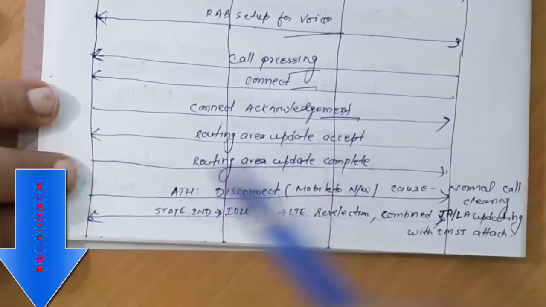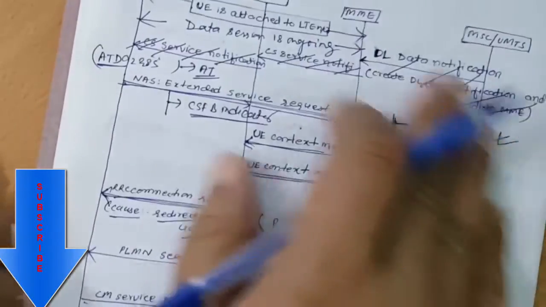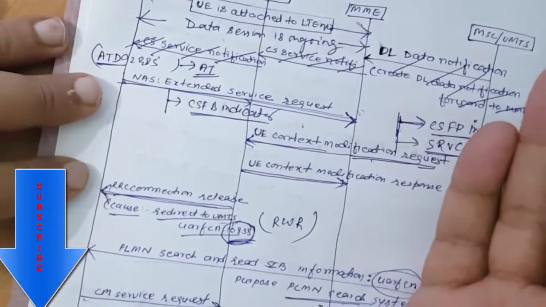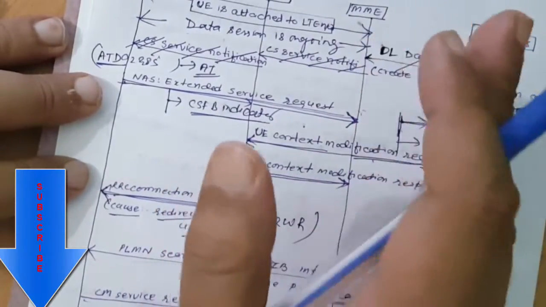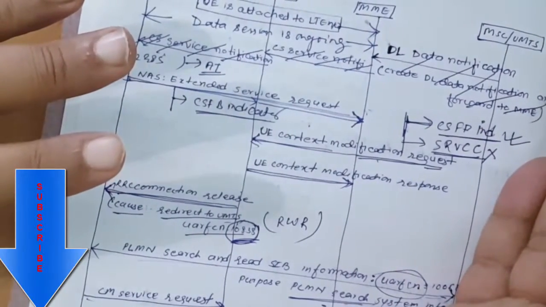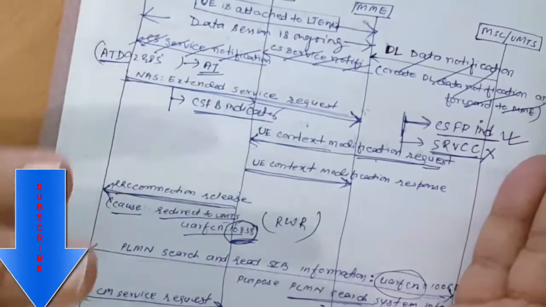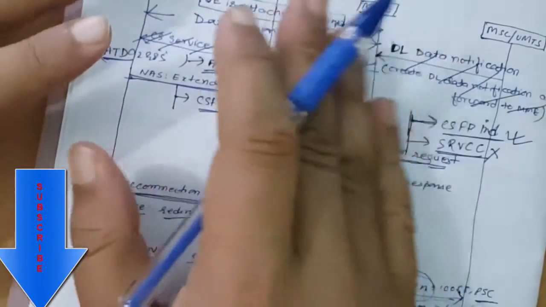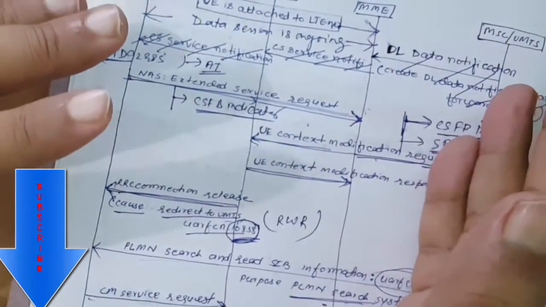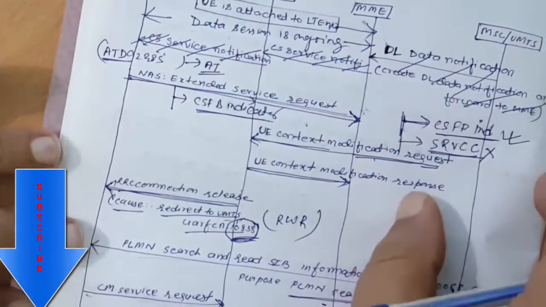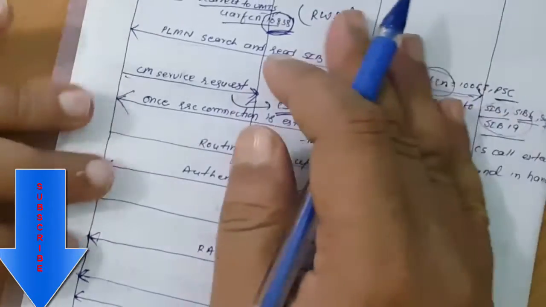And the routing area update is for the PS call. I already told you that a PS data session is already ongoing in the LTE network. At that time, when the UE moves to the UMTS network, two things are possible. The UE will suspend the PS data and move to the UMTS network, and when it comes back to the LTE network, that data will be resumed. The second possibility is that the UE goes for handover to the UMTS network, and all the RAB and other information will also be transferred to the UMTS network, and data will be started.